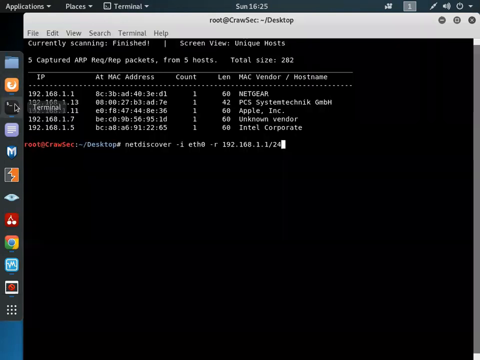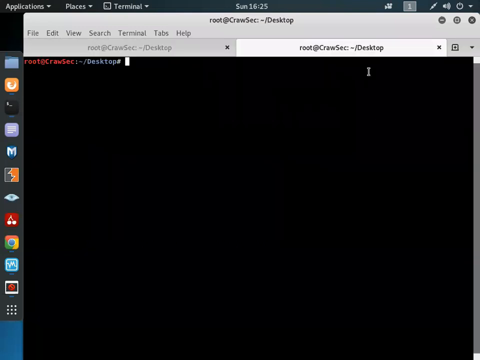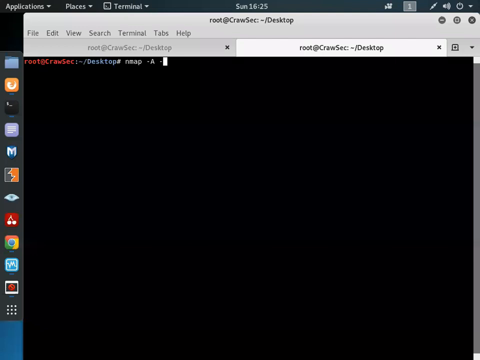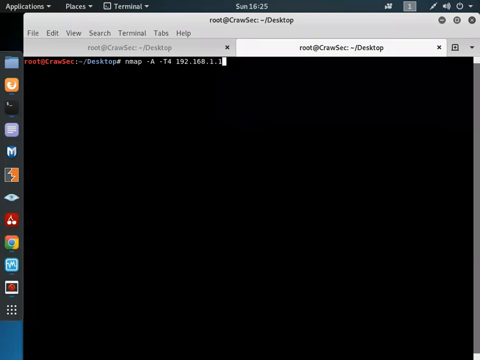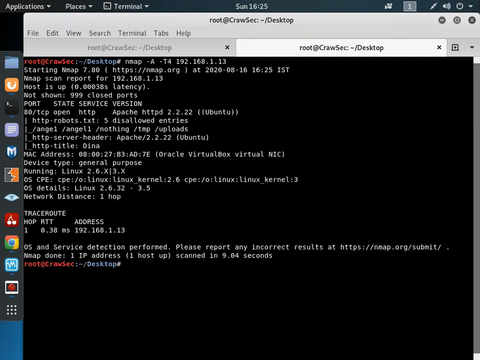So let's try with nmap. I'm going to use the capital -A, -T4, and the IP address. We're going to look for the directories on the server side, or we can see the open ports over here. Let's check one by one. We can see that there's only one port available over there, and we have a different thing which is called